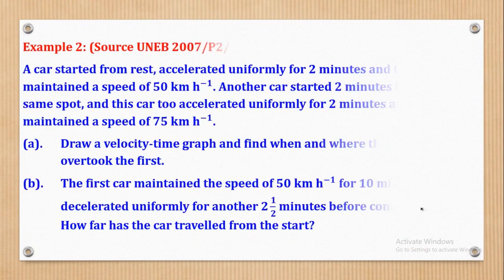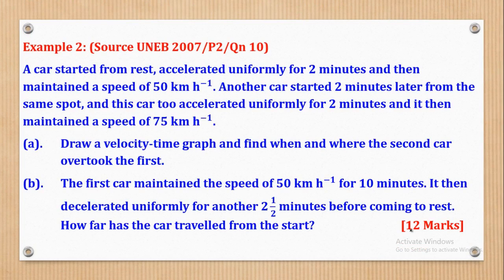So now we shall go to example 2. Example 2 was got from UNEB 2007, paper 2, question 10, and says a car started from rest, accelerated uniformly for 2 minutes, and then maintained a speed of 150 kilometers per hour. Another car started 2 minutes later, know that word, 2 minutes later,